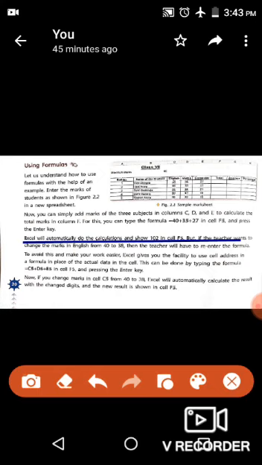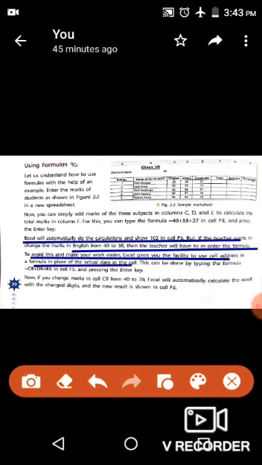But if the teacher wants to change the marks in English from 40 to 38, then the teacher will have to re-enter the formula. To avoid this and make your work easier, Excel gives you the facility to use cell address in a formula in place of the actual data in the cell.